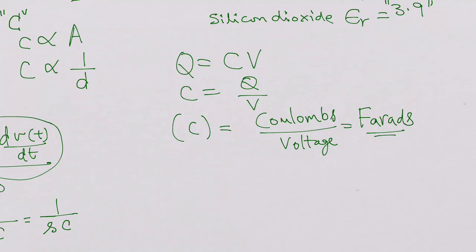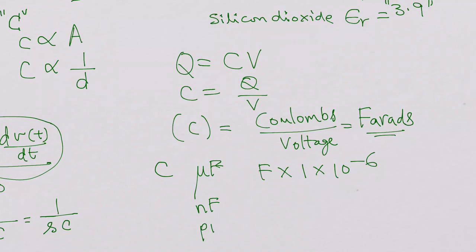And a farad is a huge quantity, so usually capacitances are measured in microfarads, which is basically a farad multiplied by 10 power minus 6, or sometimes nanofarads and picofarads, which is farad multiplied by 10 power minus 9, or farad multiplied by 10 power minus